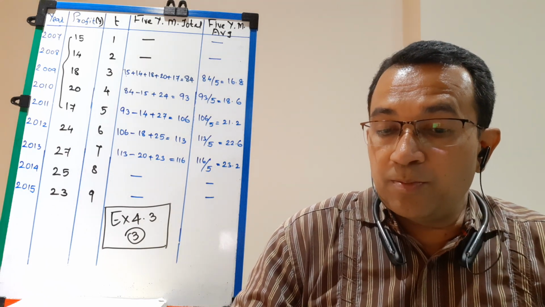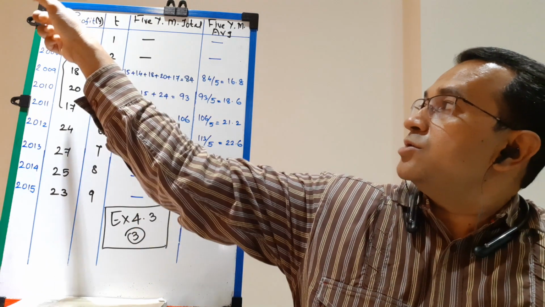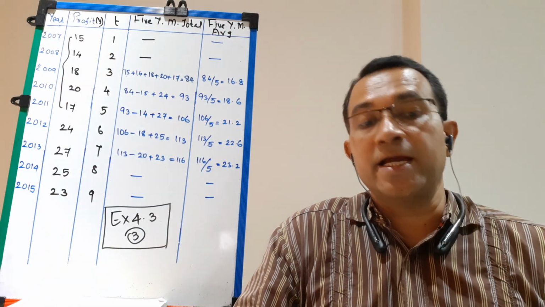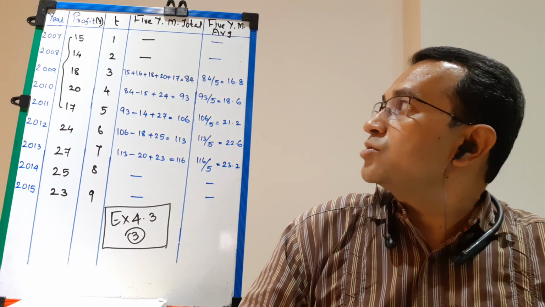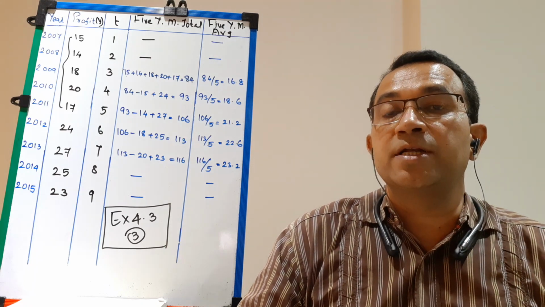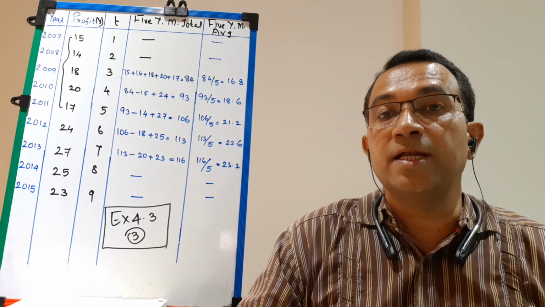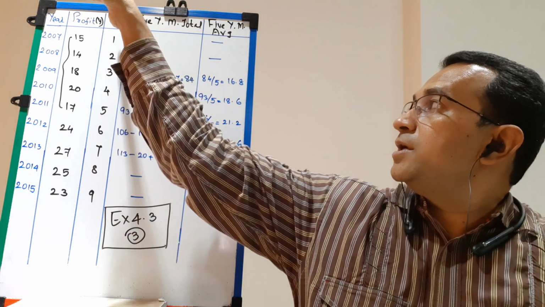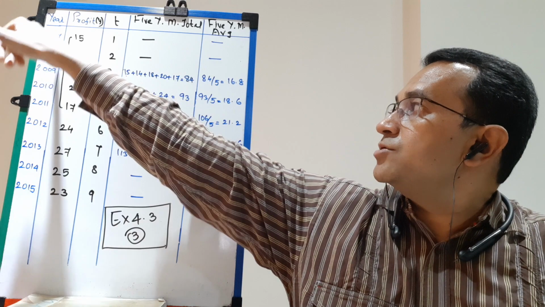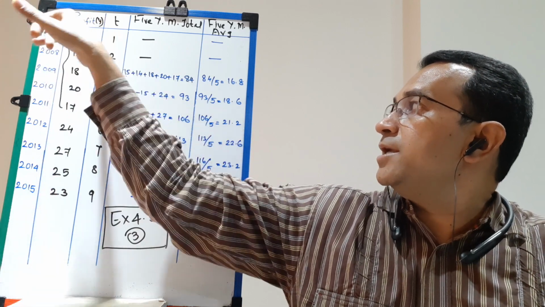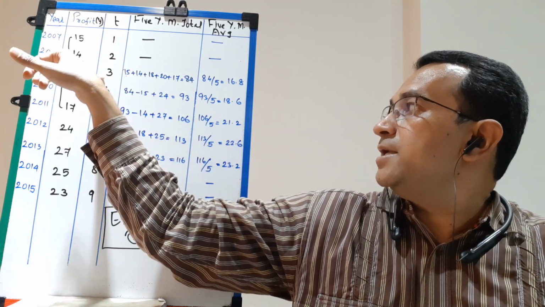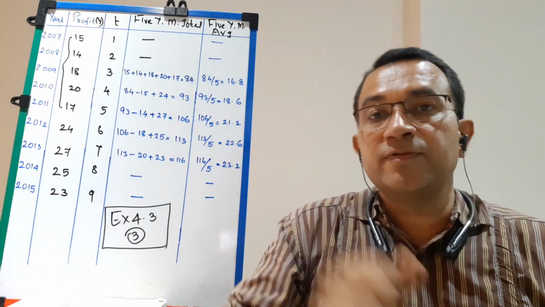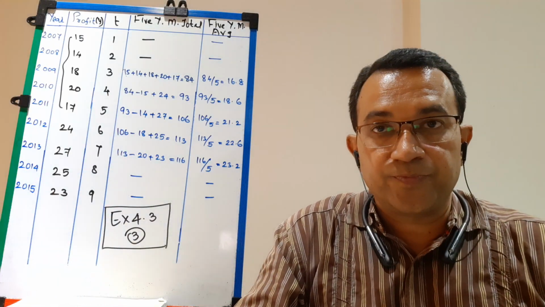Now profit is our variable quantity. So I have written profit, which is Y, and profit is given in lakhs of rupees. So due to less space, I have not written unit, but you can write profit in lakhs of rupees Y. Then we have written time period. We have considered 2007 as 1, 2008 as 2, 2009 as 3, 2010 as 4, up to 2015 as 9.